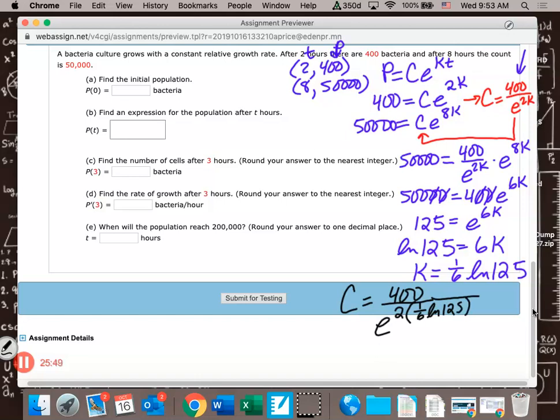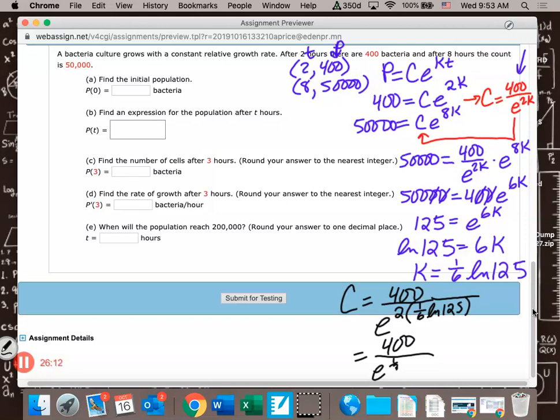If you want to put this in your calculator just like this, you can. That's absolutely fine. If you want to clean it up first, you can do that too. I'm going to clean it up just to show you how it cleans up, but if you want to just type yours, you'll get an integer. They wrote these problems so they all work out to integers. But this is equal to 400